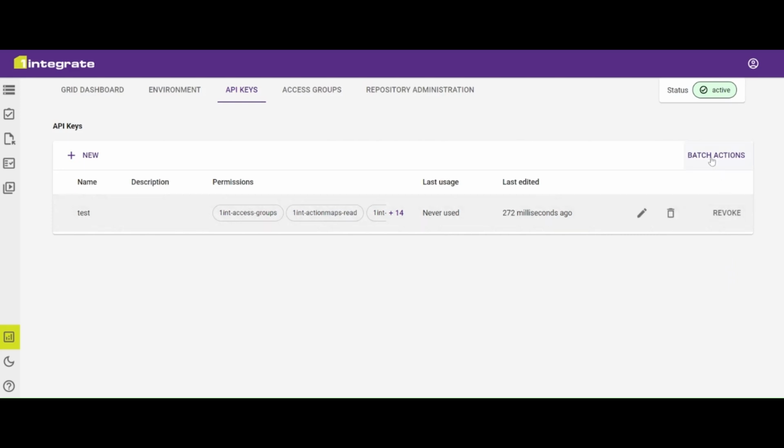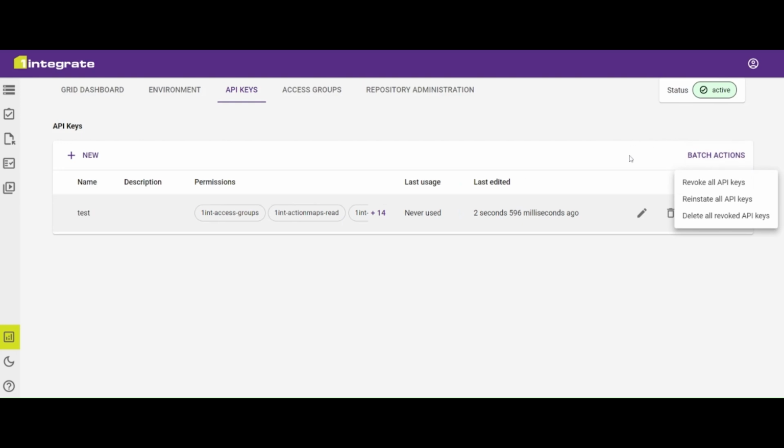We also have some batch actions. If you have multiple API keys, you can revoke, reinstate, or delete them all in one go. It's worth noting that this is all for the REST API. We also have Swagger documentation for the REST API, which will be available at